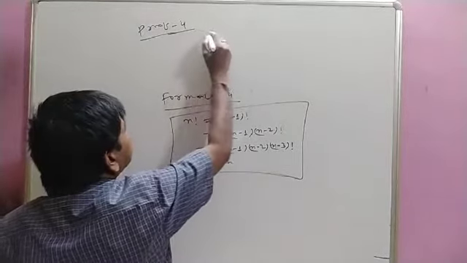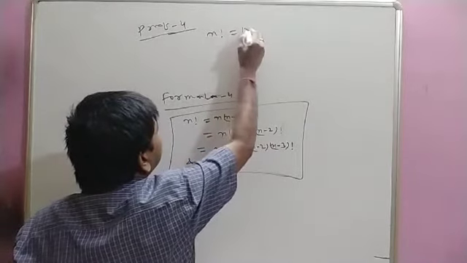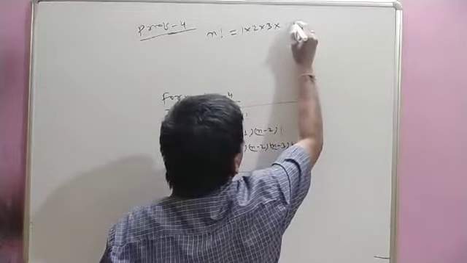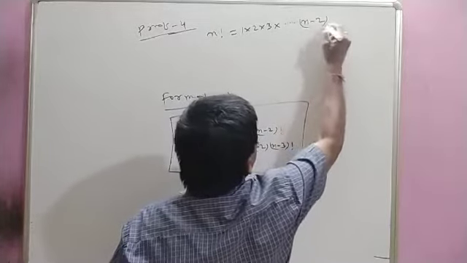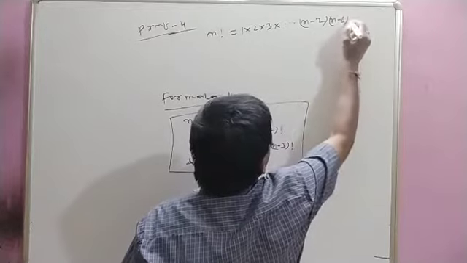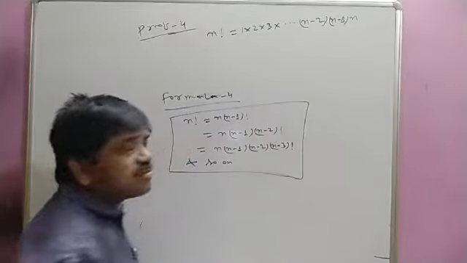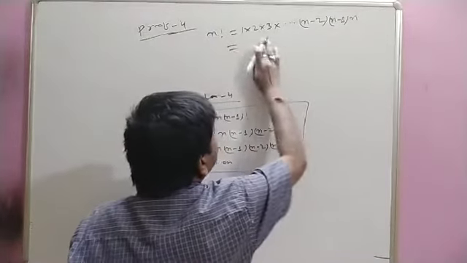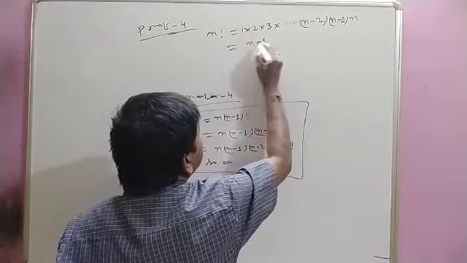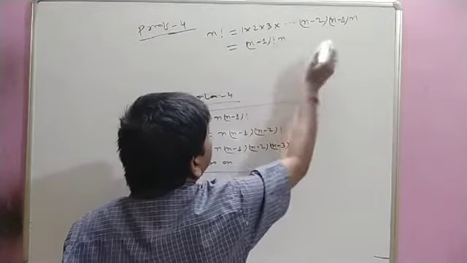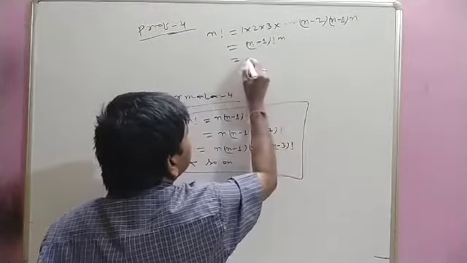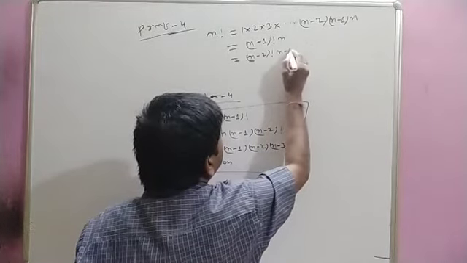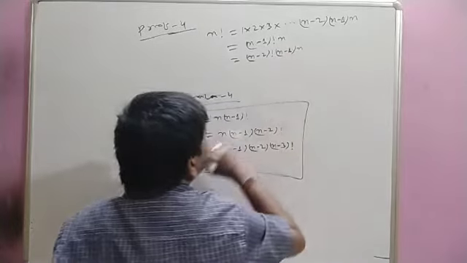So n factorial you know is 1 into 2 into 3 up to how much? Up to n, isn't it? So this will be 1, 2, 3 up to n, that is n factorial. Now 1 up to n minus 1 is n minus 1 factorial, then into n. If we continue from 1 up to n minus 2, this will be n minus 2 factorial, then after that n minus 1 into n.